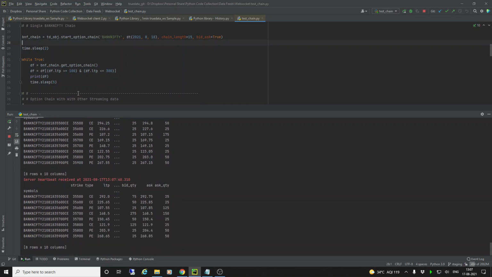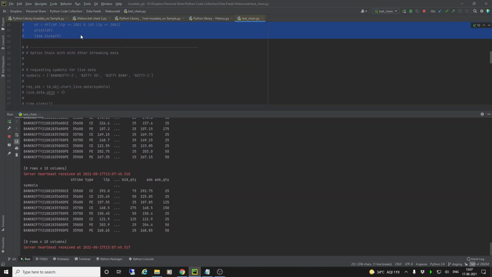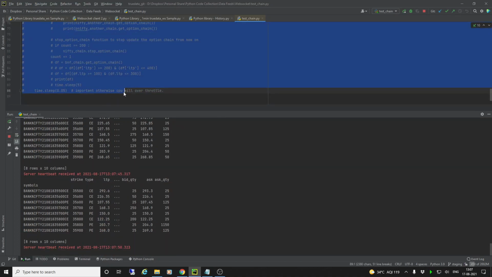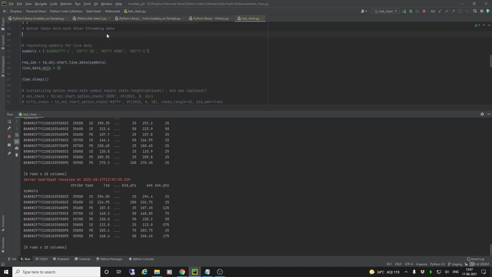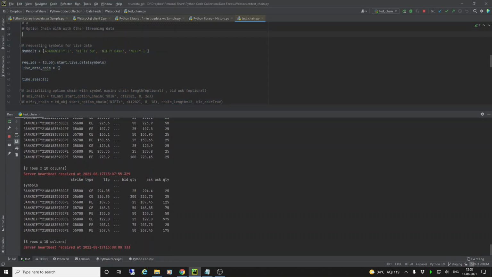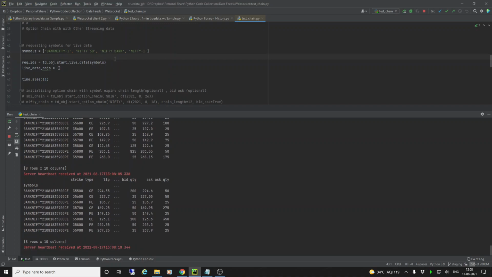Now let's see something else. Let us close this for some time and let us see how we can stream this while also with other symbols. Suppose I want to stream, I've already written this code here and it's all ready. I want to stream this with Bank Nifty dash I, that is a future, Nifty Bank, and with Nifty dash I. So I want both the futures and I want the indices also to stream.